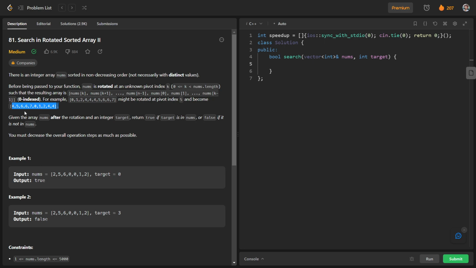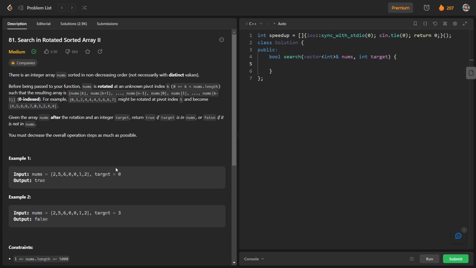What we have to do, we are given another integer target, and we have to return true if the target is present in nums, and return false if it is not present. So we have to find out whether nums contains target or not.